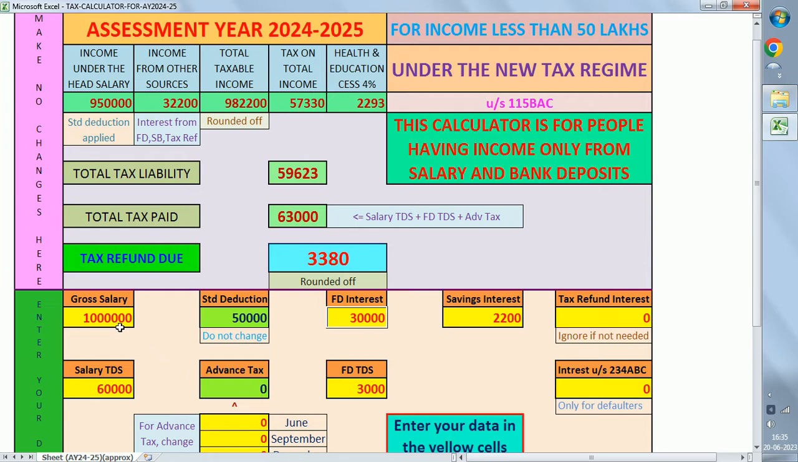So suppose your gross salary is 12,50,000 and your salary TDS is around 50,000, and suppose you have FD interest of around 45,000, and FD TDS is around 4,500, and suppose your savings bank interest is around 3,500, and